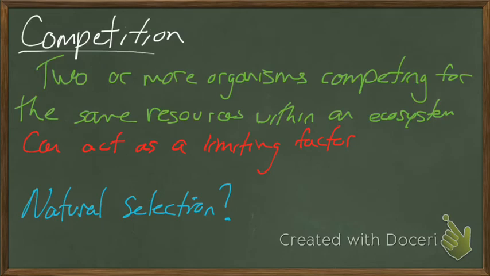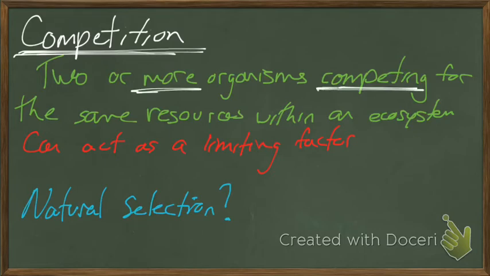Competition is another interesting one. We see competition every day. When we think of competition, we think sports, events, games, movies, whatever it might be. When we think about ecosystems, it's when you have two or more organisms competing for the same resource. This could be space, food, water, or mating partners, because if an organism doesn't have a mating partner, its bloodline will die out, its DNA will no longer be in existence, because the natural part of life is to recreate and have your life force live on.